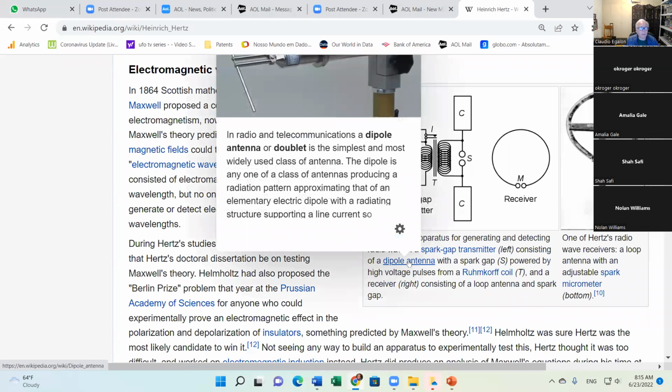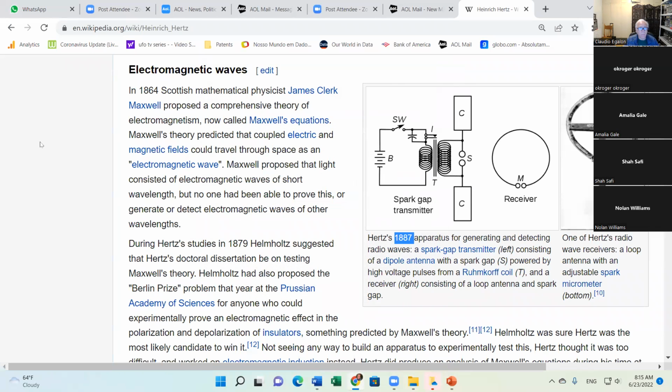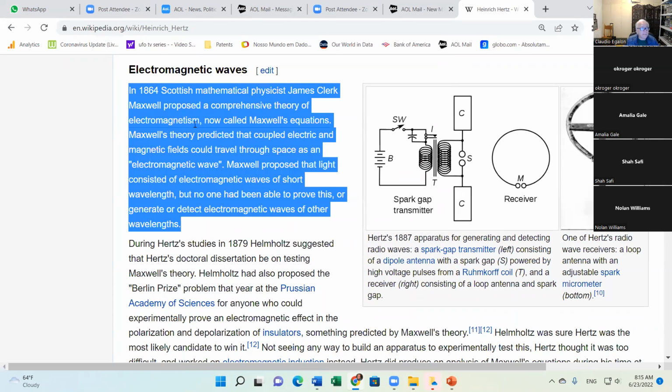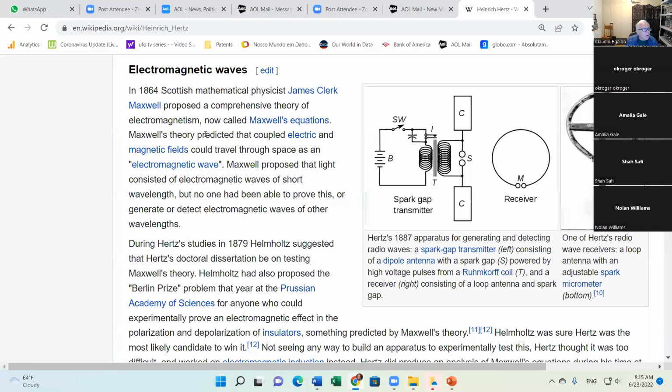That's what we call a dipole antenna, because you have opposite charges at each of those spheres. In addition to electric dipole antennas, there are also magnetic dipole antennas, which is nothing but a circle, right? A loop producing a magnetic field.